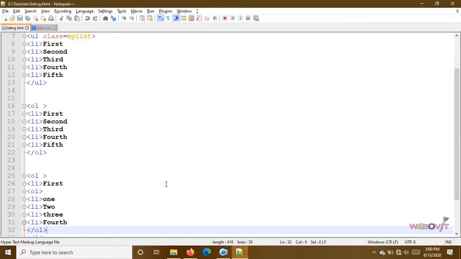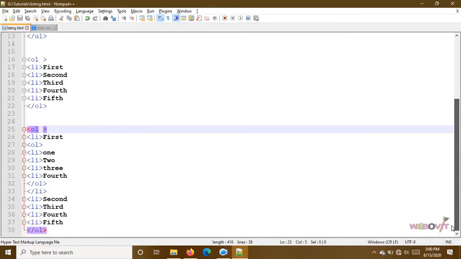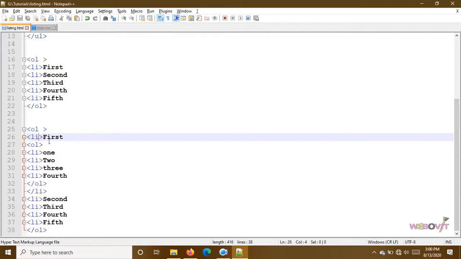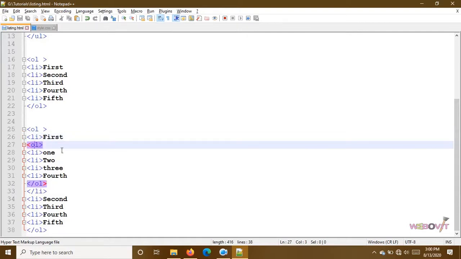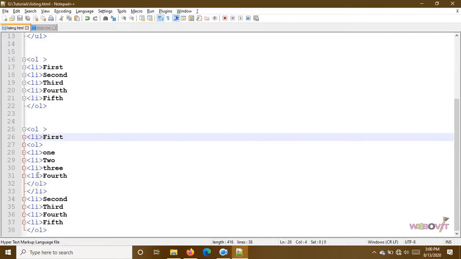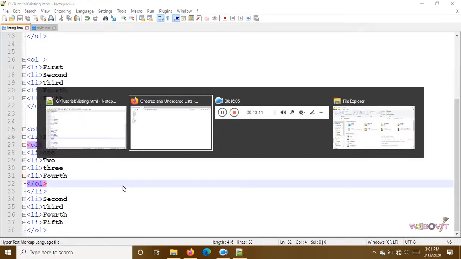Now we will see the preview. For clarification, I will show you here. This ordered list starts from here, and it gets finished at this position. Okay, from here to here. Then our first part has 4 more parts inside. So again an ordered list starts inside this li, and this one gets finished here. This comes under the category of nested lists in HTML, so you should have some knowledge and practice of this also. Now I will see the preview.